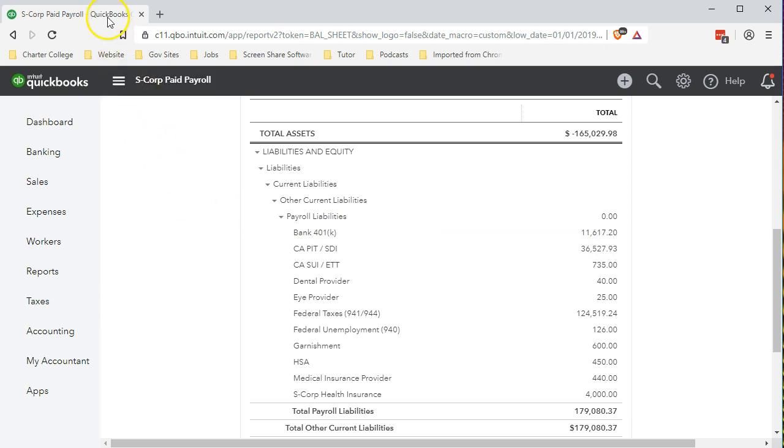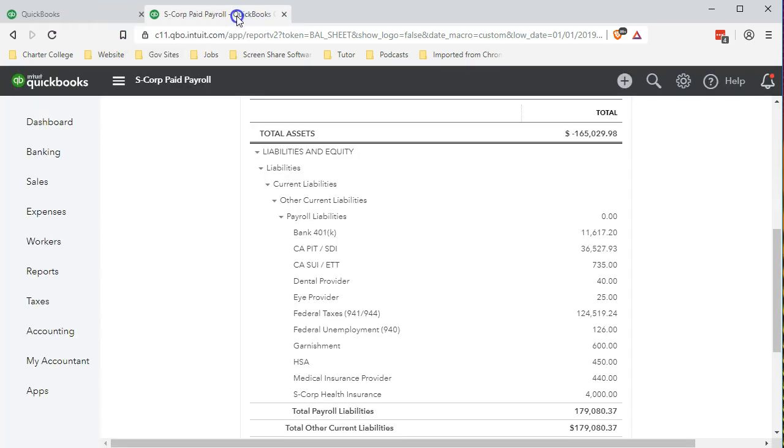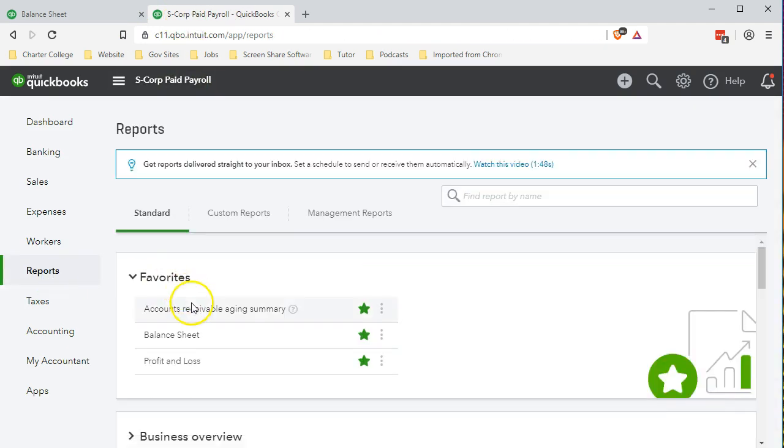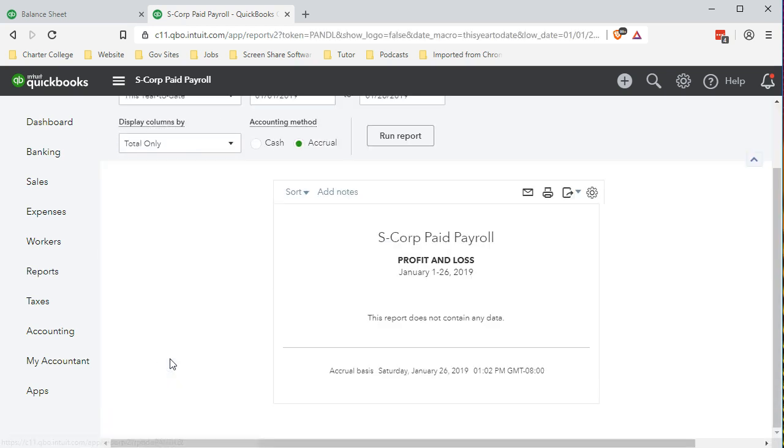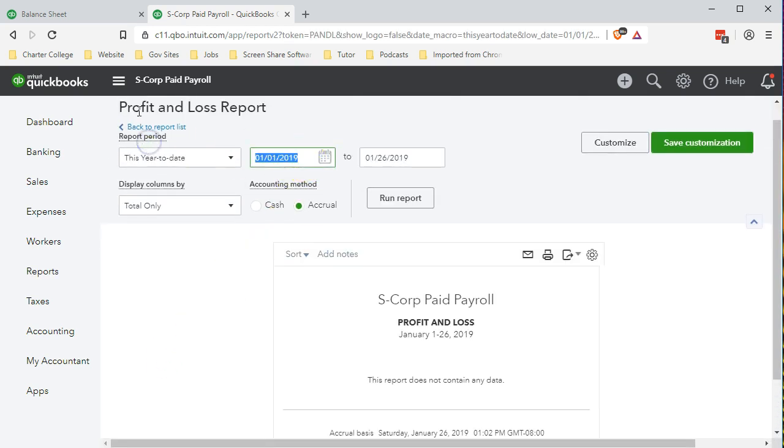So let's do that by making a new tab up top. I'm going to right click on this tab and duplicate it. Pull the one from the left to the right. So the balance sheet's on the left, new report on the right. That report's going to be a profit and loss. We're going to go to the reports down below to find it. And then we'll open up the profit and loss, changing the dates up top from 01/01/19 to 12/31/19 and run